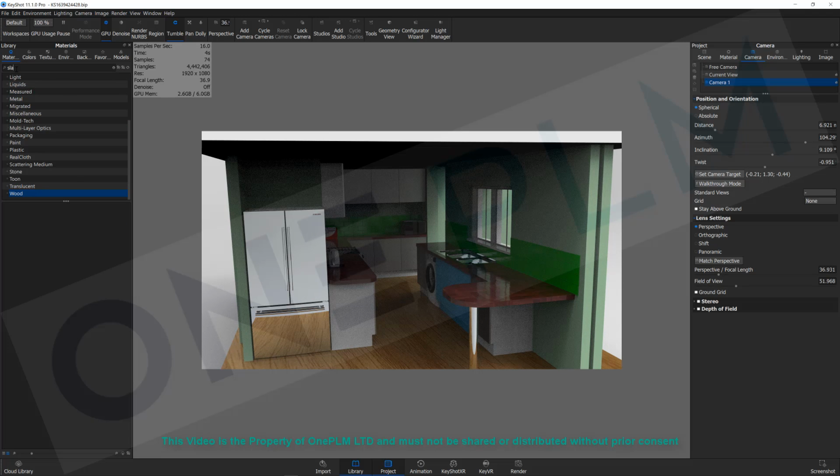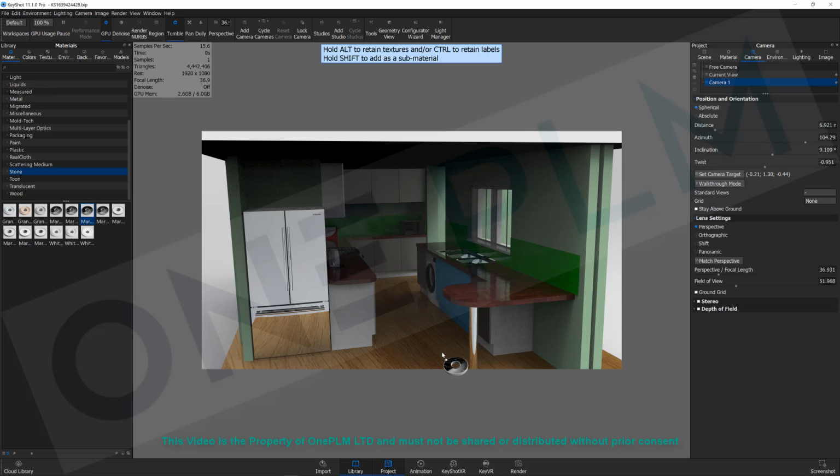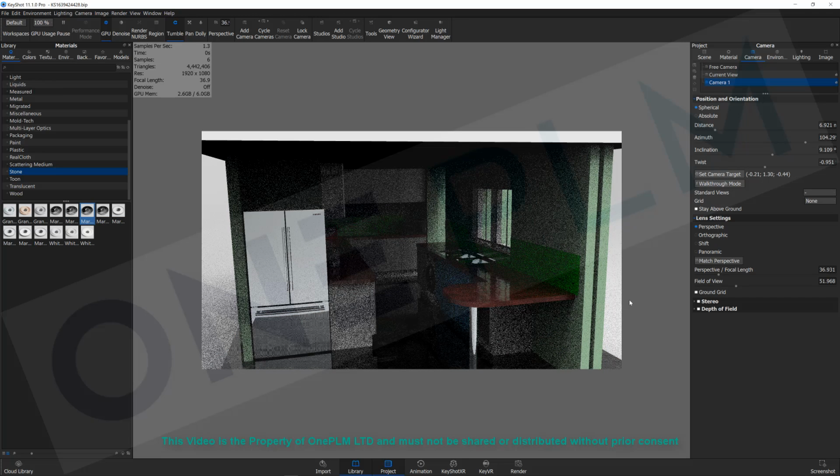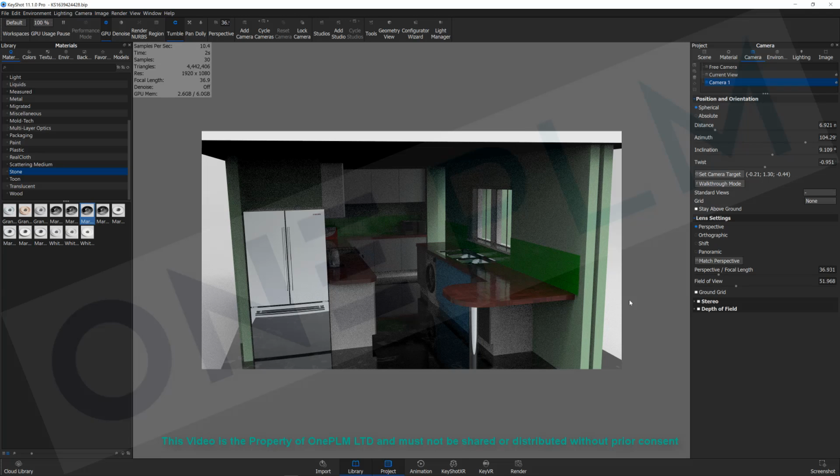Maybe I want the floor to be some kind of slate. So let's do a search for slate. So stone. Let's find a marble and apply that to the floor. That looks pretty good on there. And we can keep applying the different materials that we want on those. So I want the walls to be